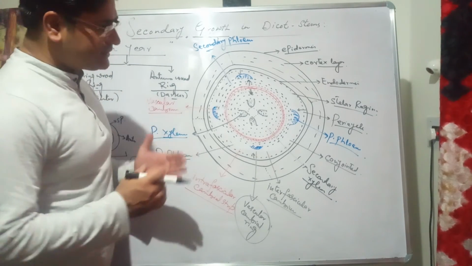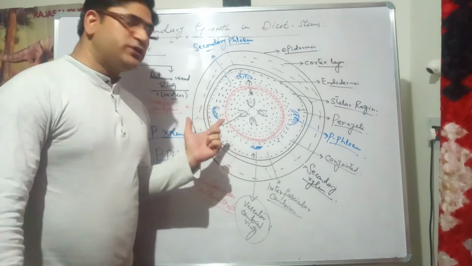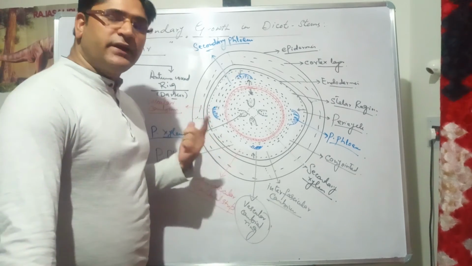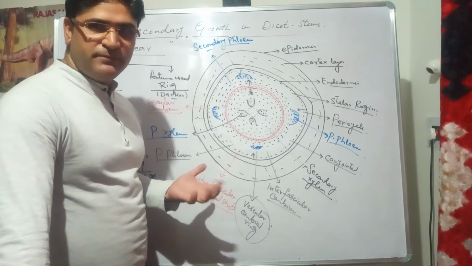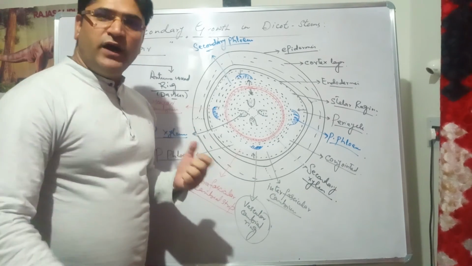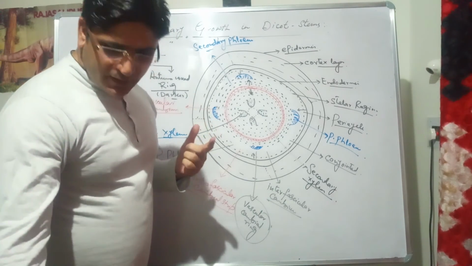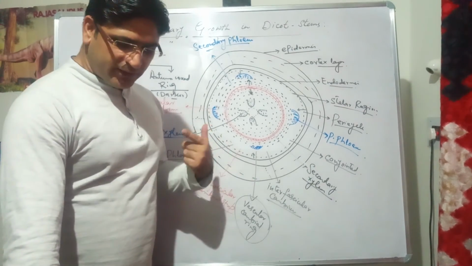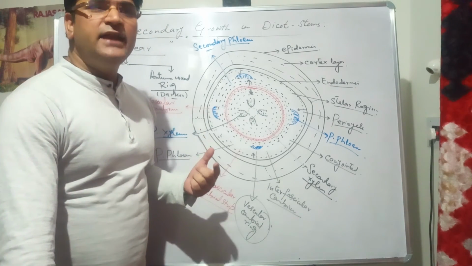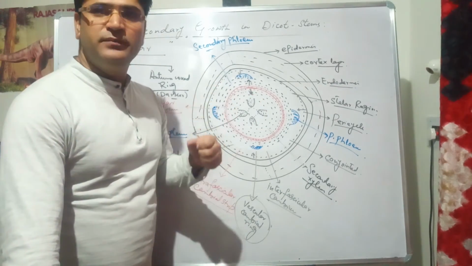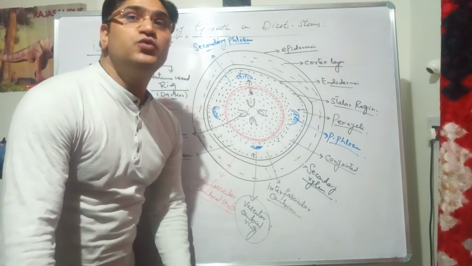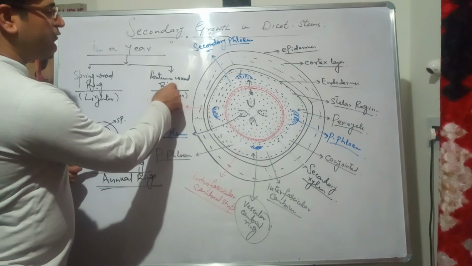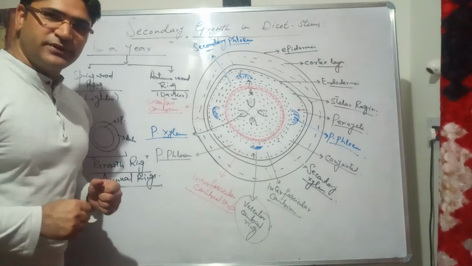Okay, now further, there is also something related to the activity of vascular cambium, the different types of rings formed every year, like as I said, growth rings. One year has one growth ring. So when the plant grows year after year, these annual rings get accumulated in ring form, and each annual ring has two rings, one lighter in color, that is the spring ring, and one darker ring, called the autumn ring.